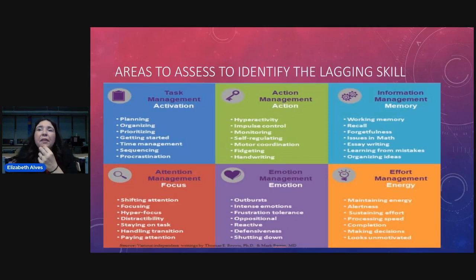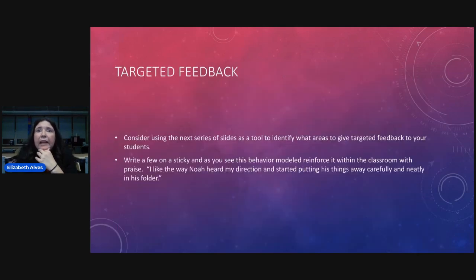And how are they managing their output, their effort in the classroom? So are they able to have enough energy to get through the class? Are they alert? These are all things that you're going to want to assess first. And then you're going to consider giving targeted feedback. So once you figure it out with your students, which areas they really need help with the most, and maybe they need help with a little bit of everything, in the next series of slides, I'm going to give you some things that you can write down,